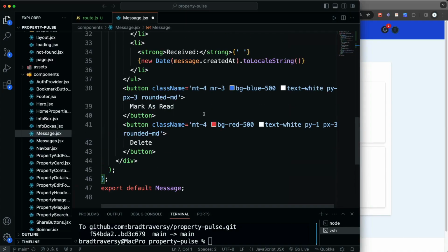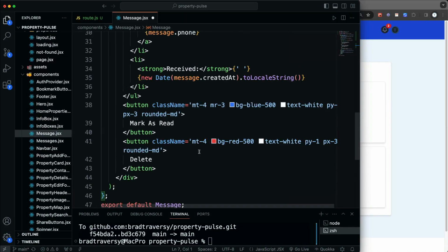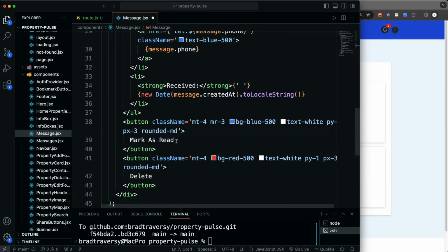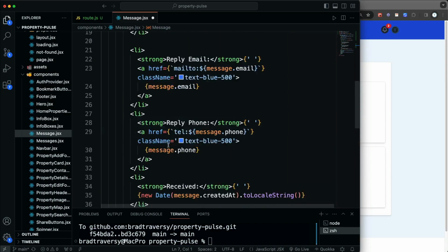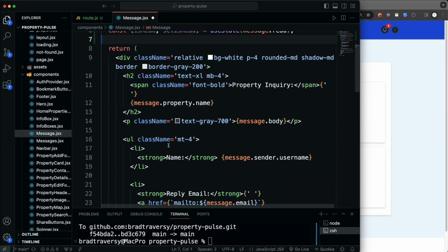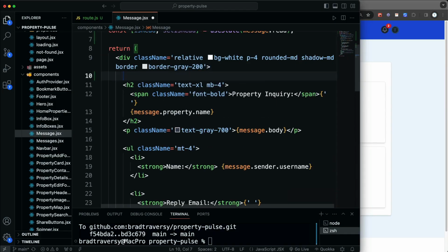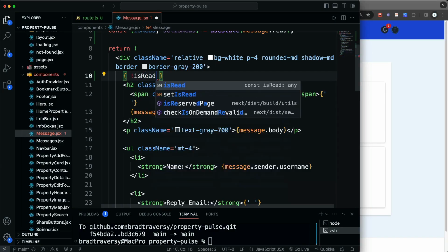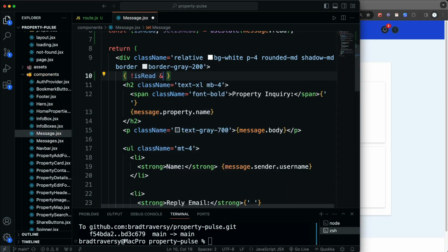And then down in the return, let's see, where do we want to put this? Let's put it right after the first div tag. So right after this div, if it's not read, I want to just have a new badge, just have it say new. So let's say, actually we need to open up some curly braces, and we'll say not is read. So if it's not read, then